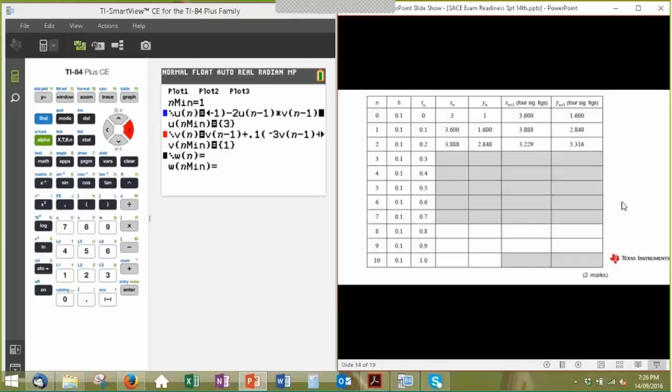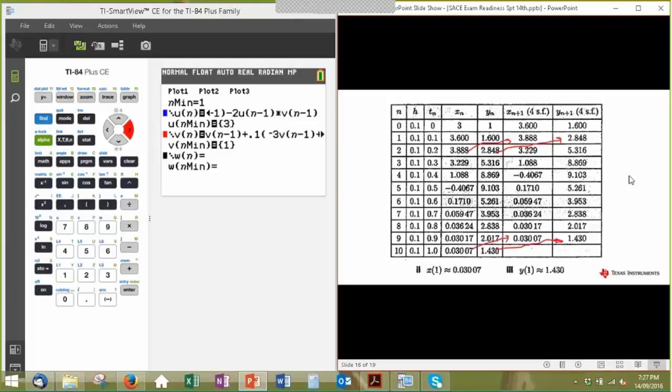But then you were confronted with a hideous looking table like that you were supposed to fill in. Now this requires you to fill in all these bits at 0.1 intervals going down the column with some 10 iterations. Now the examiners only wanted the last couple of bits from here, and most students couldn't get that. And I think students need to be told, make something up, look at the diagram and have a bit of a think about where it might be, and make something up and put it in there so you can go on and do the rest of the question. Now in fact the table turns out to look a bit like that.